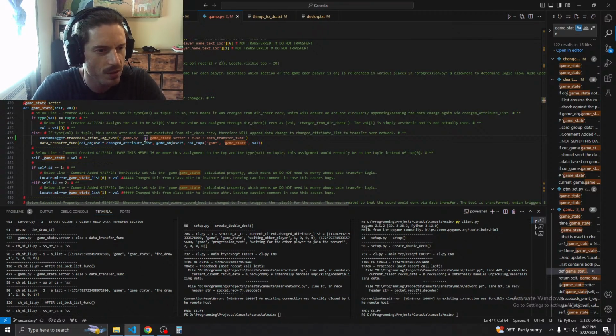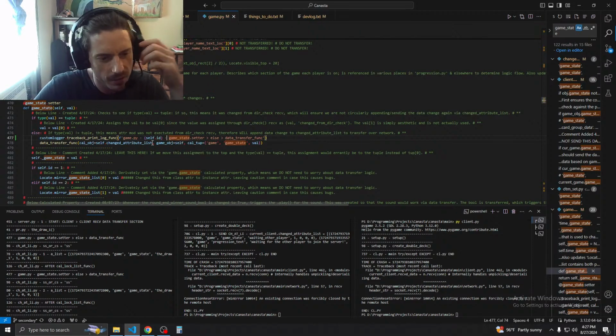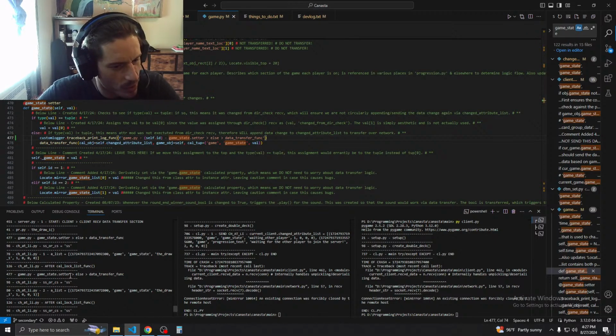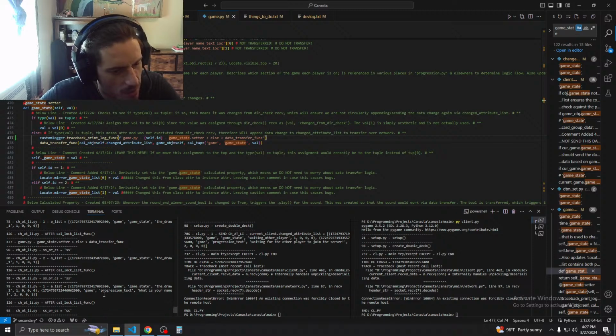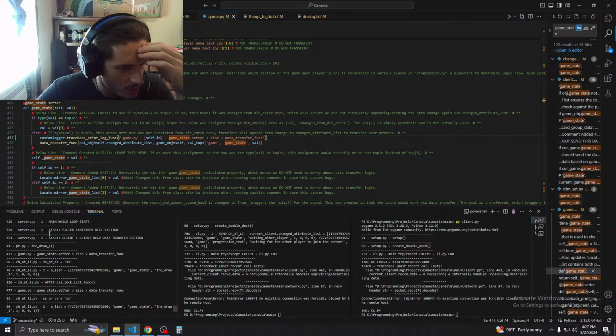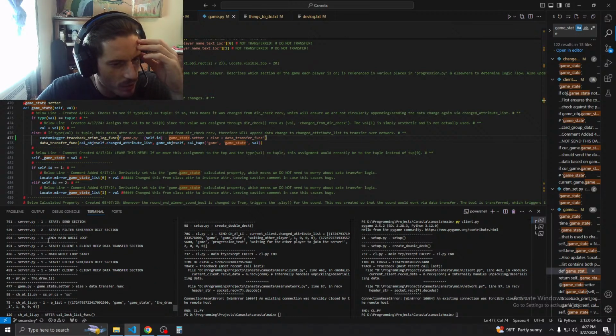I'll put self.id for that. That will help us a little bit, but I'm pretty sure that is going to be for client 2, if I'm just guessing here. And then we have the same thing going on here for client 2, the change attribute list. So all this stuff has been added to the change attribute list, but we never,